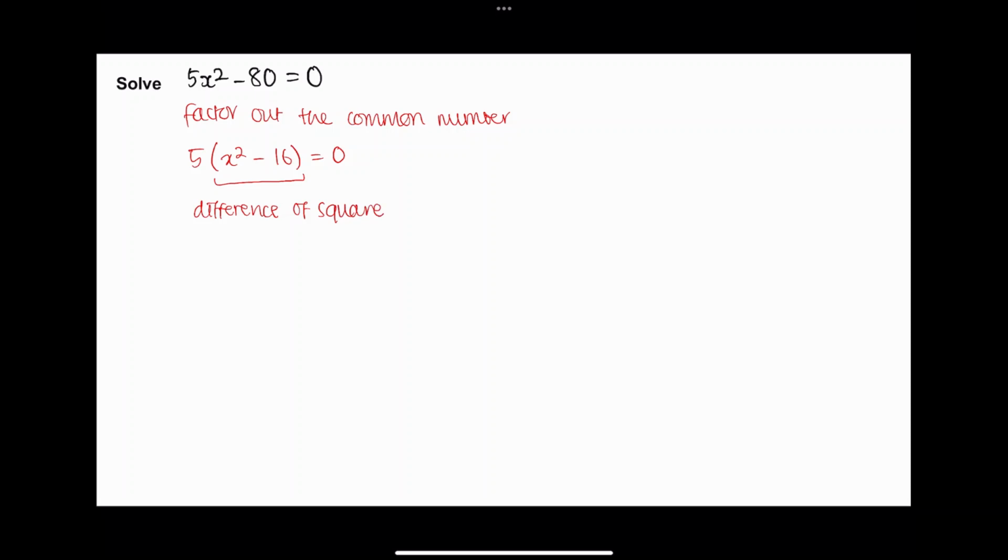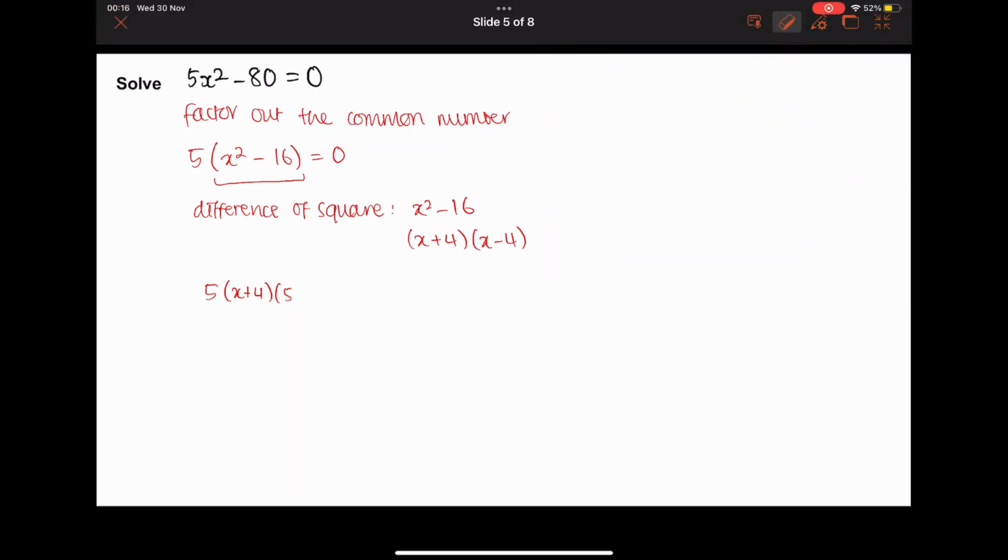= 0. You can then notice that there is a difference of two squares in the brackets, which you can solve next and simplify further. Both x² and 16 are square numbers, which you can break down into (x + 4) and (x - 4), so this can be rewritten as 5(x + 4)(x - 4), which will equal